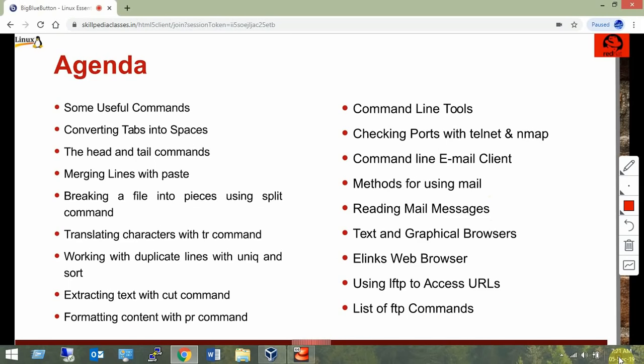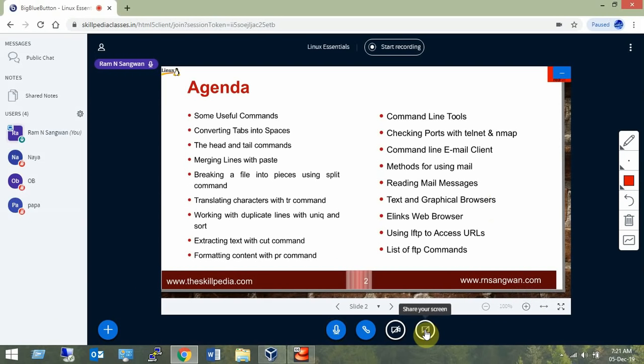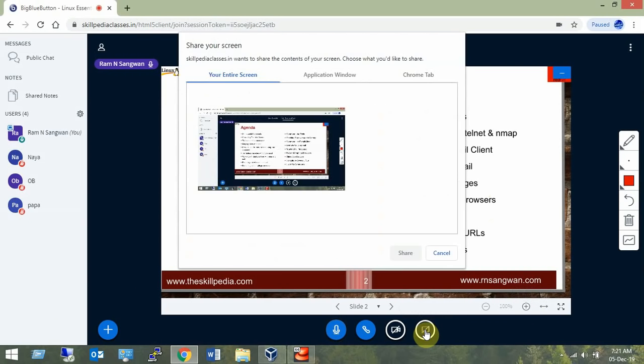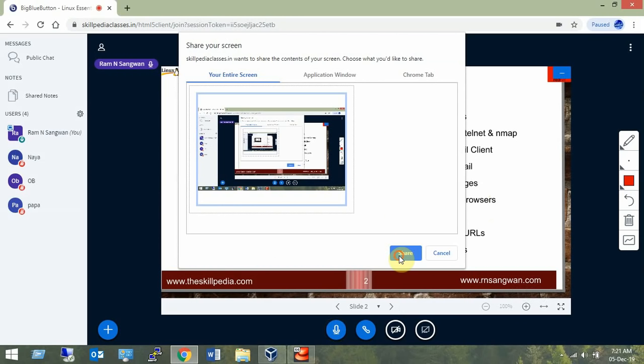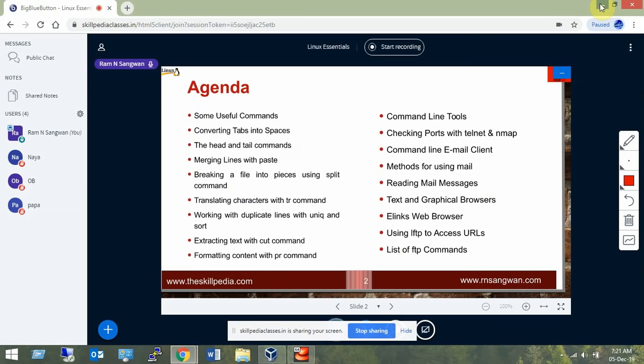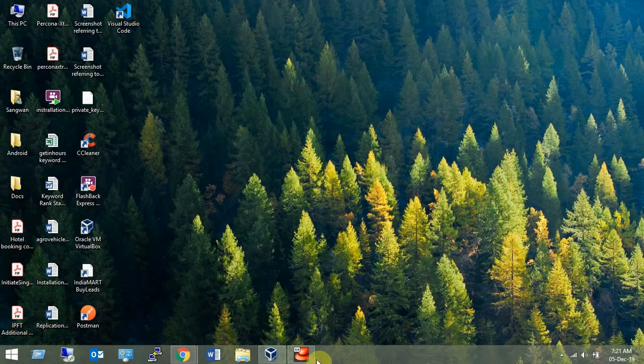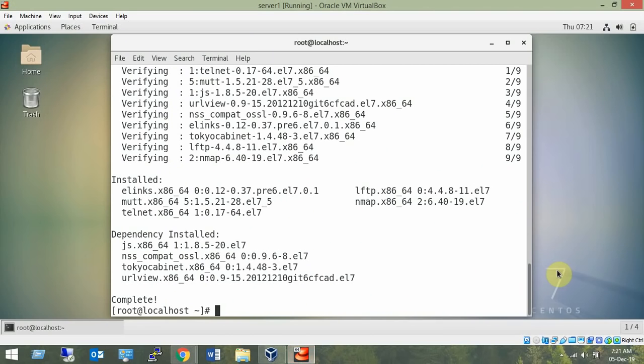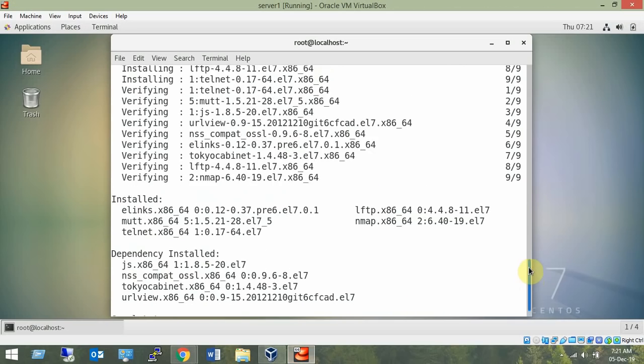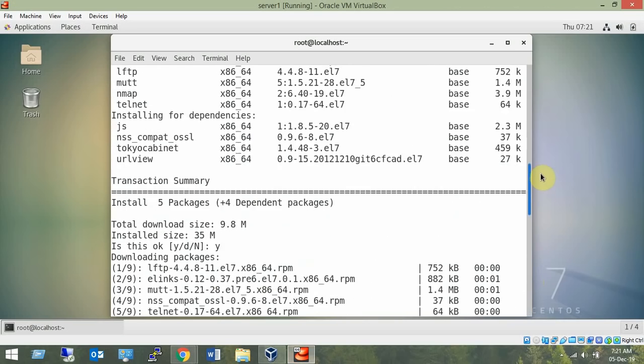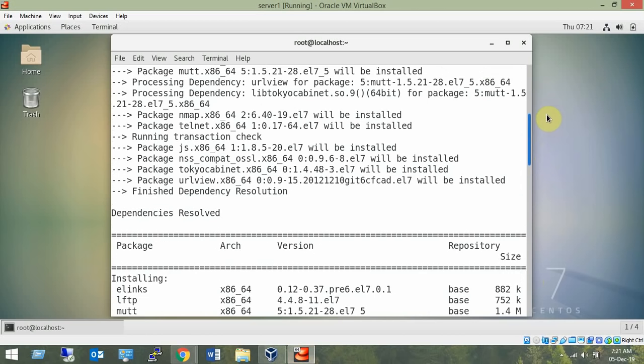Before we start, there are some commands which you may not find on your system, because if you have done the default installation, you will not find these commands. So I have just installed them. What is the command to install the commands which will be discussed in the session?